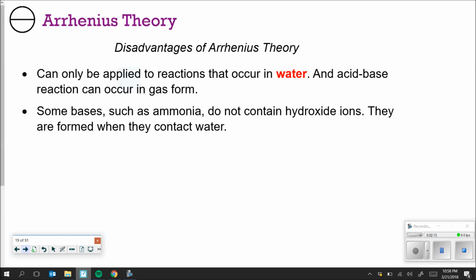Some disadvantages to Arrhenius' theory. They can only be applied to reactions that occur in water. And you can actually have acid-base reactions that occur in the gas form. Some bases, such as ammonia, don't actually contain hydroxide ions. They're formed when they contact the water. That's something that happens when it reacts with water. So the Arrhenius theory doesn't always apply to everything, which brings us to